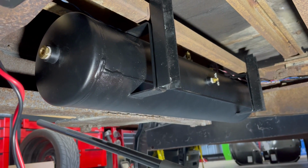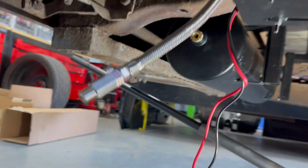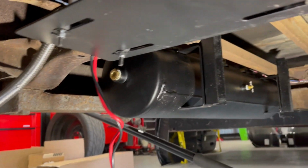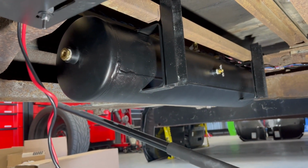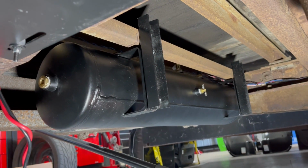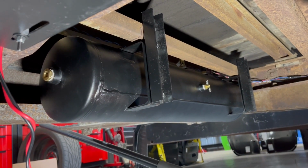So I did flip them and move them up so everything is hidden. You can see you really can't even see it below the rear of the trailer hitch. Only disadvantage, like I said, is if you want to drain the tank, you're gonna have to drop it, but it's a quick 2 bolts, and I've run all the airlines, or I will run all the airlines and electrical where it's long enough where you can drop it and you don't have to unplug any of that to drain